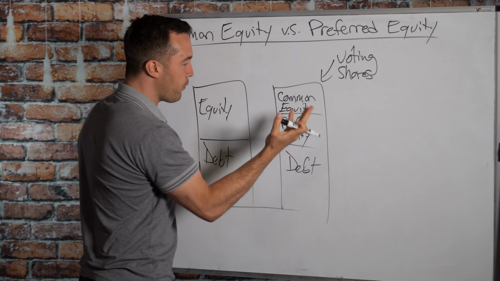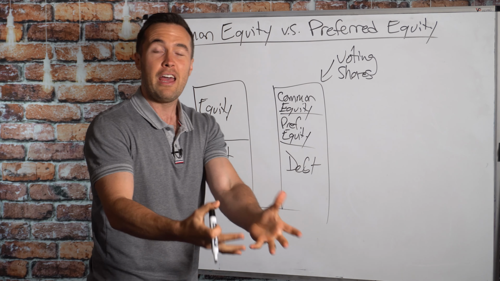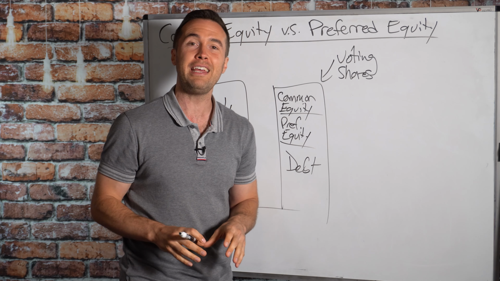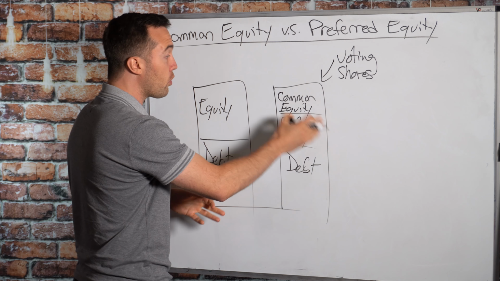By offering preferred equity, the general partner, the person controlling the deal, they're really saying, hey, look, if you're going to bring your capital to fund my deal, I'm going to give your money, your shares, priority over my interest in the deal, because you're going to get paid